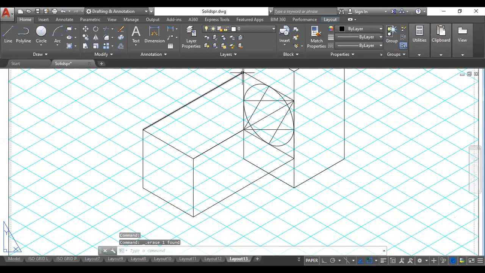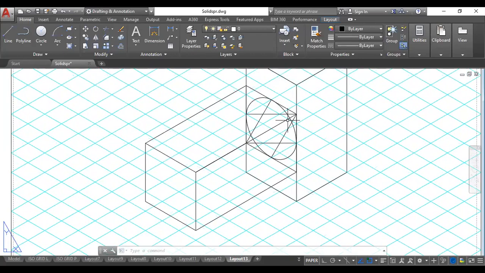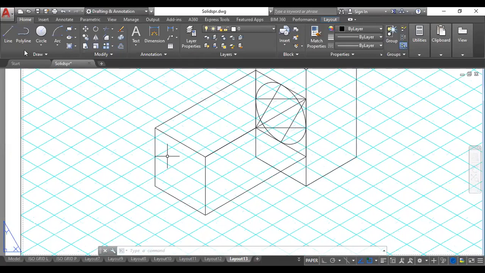From each corner of the box, come forward 60. From here you come 60. Then from this corner 60. And from this corner also you come 60. So you'll get the front box there. Automatically this box of 30 by 30 which you require will come here. Now drawing the ellipse becomes very easy. So from here I can draw it simply now.